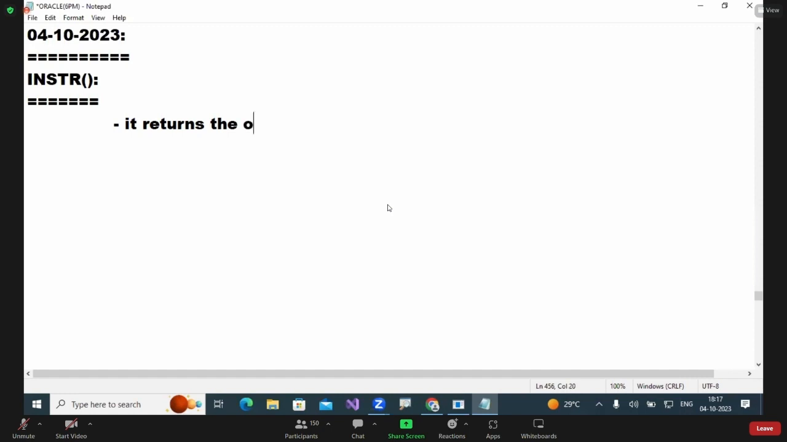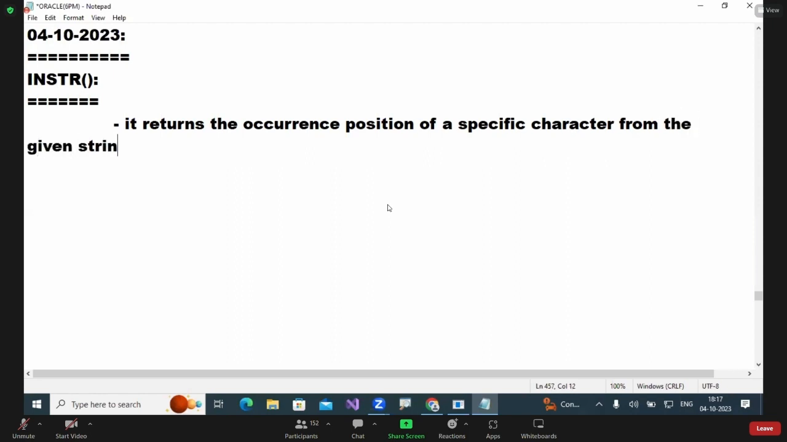Okay, write down below. It returns the occurrence position of a specific character from the given string expression. And the syntax, also observe very carefully. So the syntax is InString of this is my string,